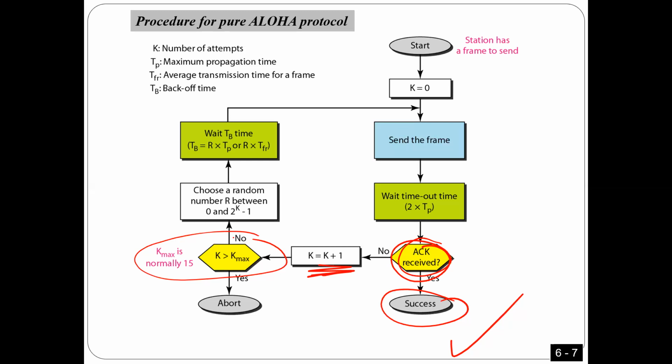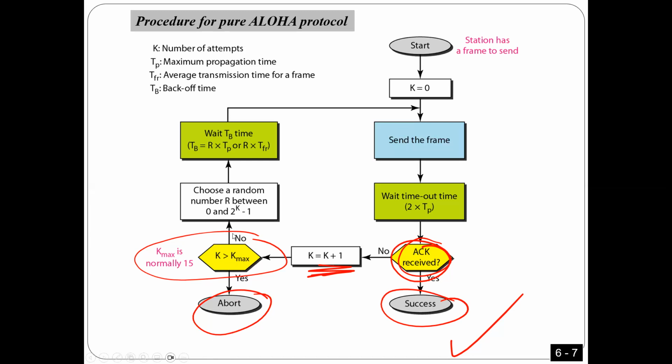But here it's going to be 15. That means I'm going to retry 15 times. After 15 times, I'm going to abort. I'm not going to send this frame. Okay, so there is a limit. Anyway, so if K